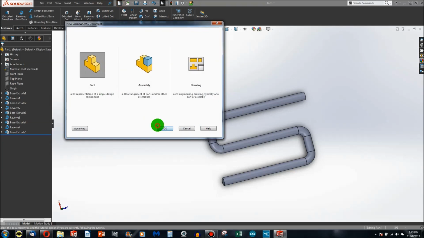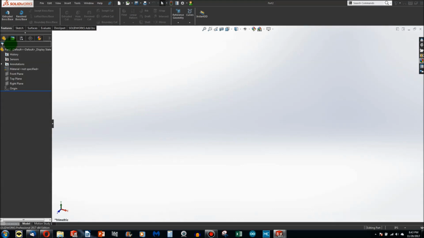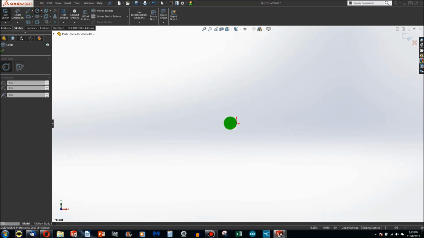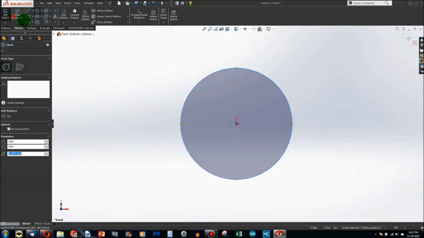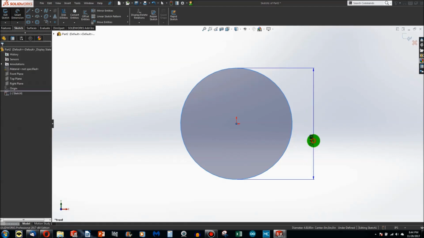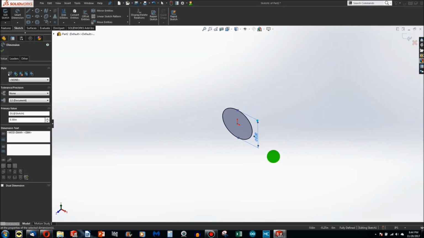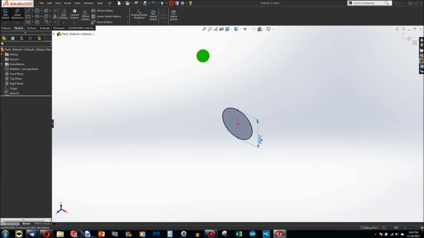Let me open up a new part. And from here, just as before, I'll choose the front plane to sketch on, make a circle, same dimension of 1/2 inch. Now, instead of doing anything that would add material like extruding, I'll just rebuild to exit the sketch,